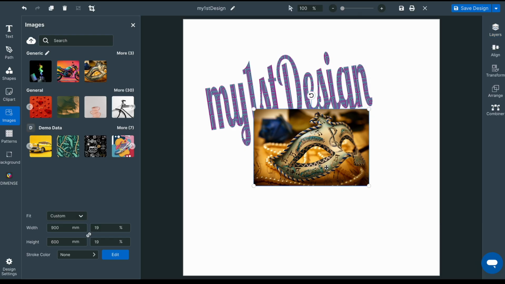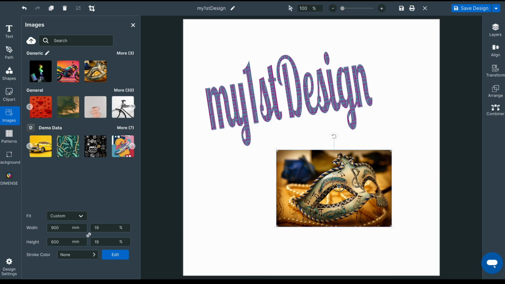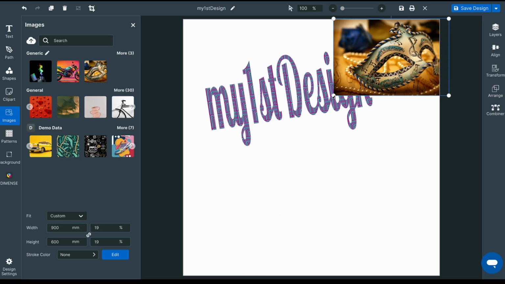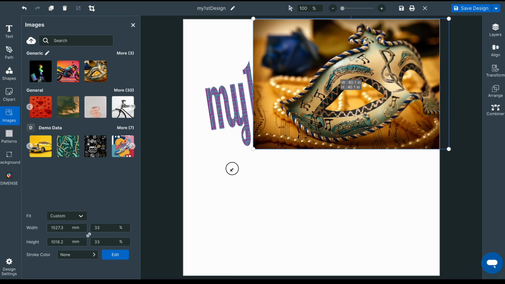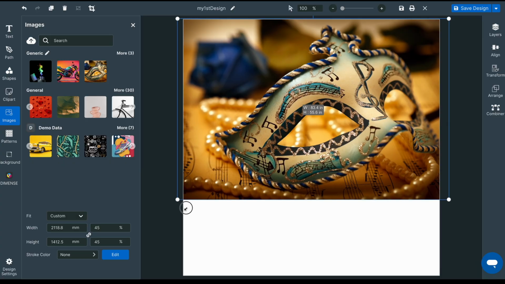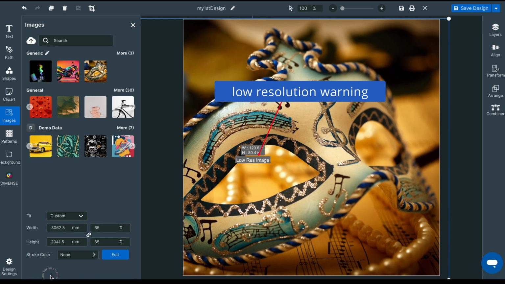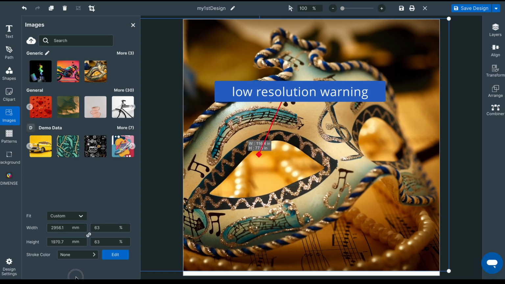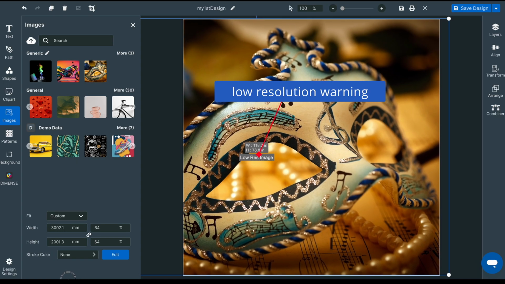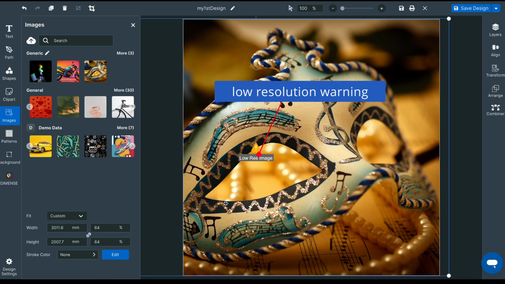When activating the image, it can be moved around. Similar to working with text, I can distort the scaling by pressing Shift on the keyboard. If the scaling of the image results in the resolution being lower than the value set in the Design Settings dialog, a low-res image warning will appear in the image. The warning can be bypassed, but scaling the resolution below 150 dpi may result in poor print quality.